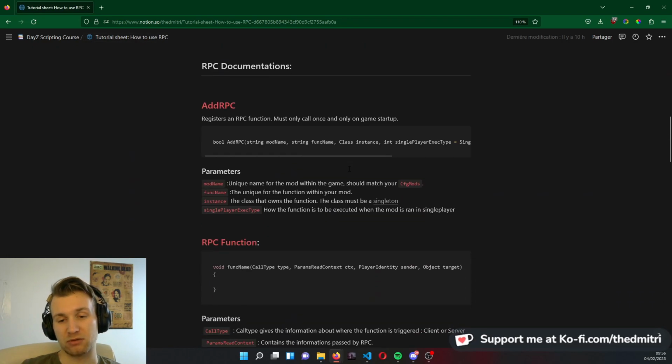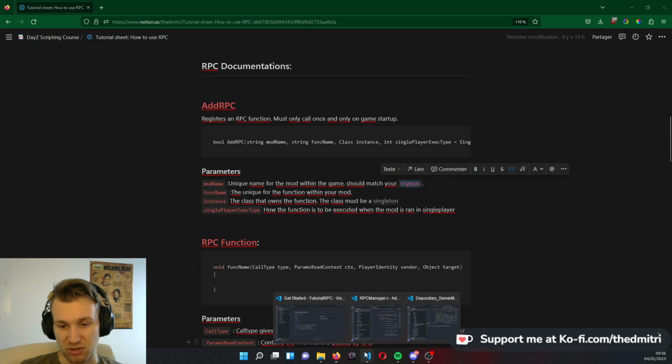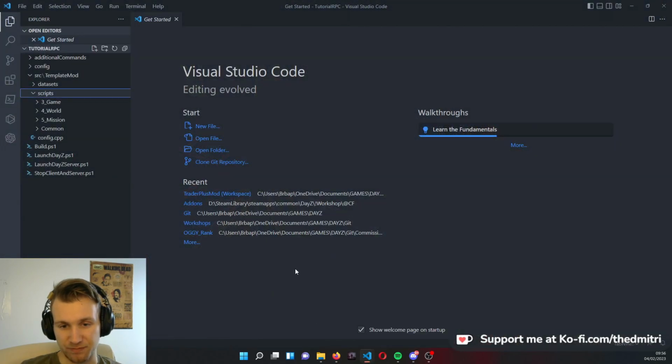So if we go back to that function, the AddRPC is something you're going to have to use on the game startup. It contains some parameters. The first one is the one you need to use, which is the unique name of the module you're working on. So it should match the one you have set up in CFG mods. So CFG mods, for example,